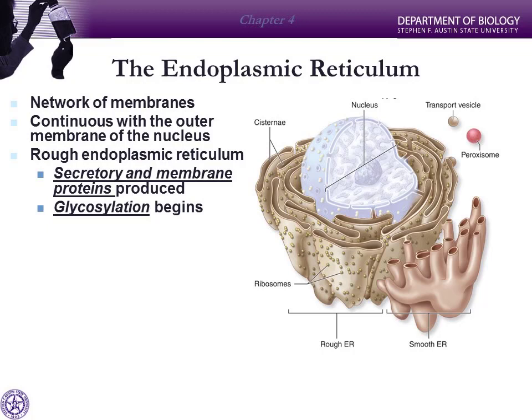And one of the major things that happens in the beginning stages is glycosylation. Glyco means what? Sugar. So what do you think glycosylation of proteins means? The addition of sugars to our proteins. Now that begins here. That's not the principal function of the ER. Protein synthesis for secreted and membrane proteins, that's primarily what we're doing. But we start putting these foundational carbohydrates on in the ER. So glycosylation begins in our endoplasmic reticulum.